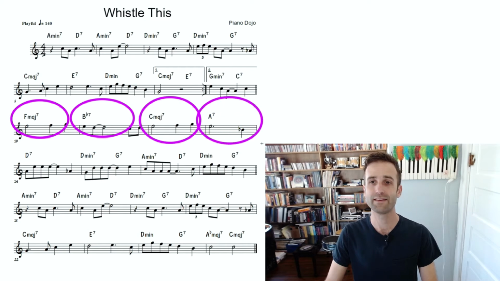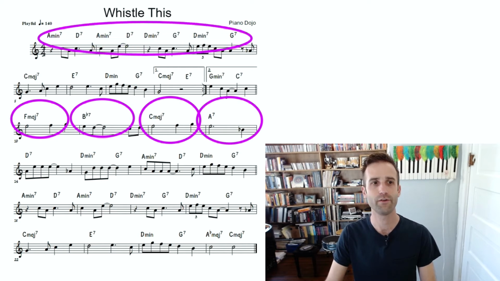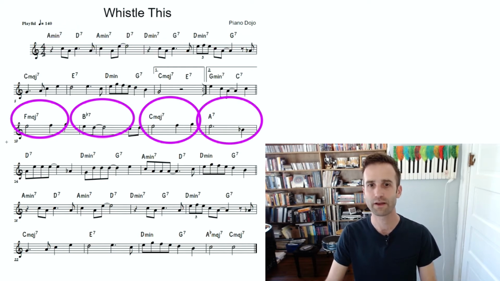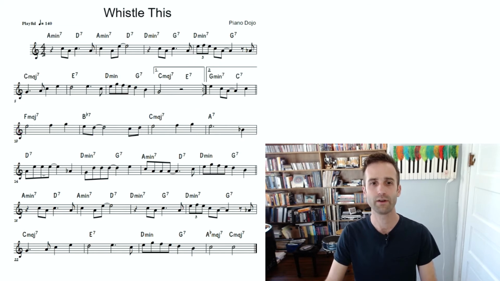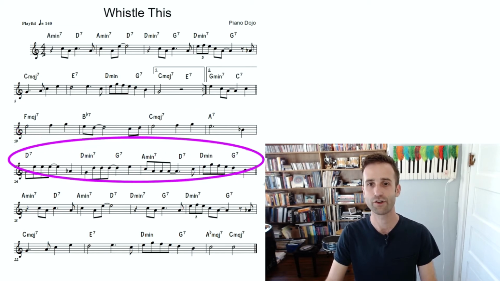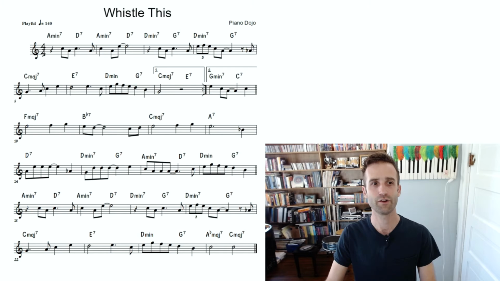The B section is meant to contrast the tune, and instead of this quick pace 2-5, 2-5, 2-5 thing that has been going on, we sort of slowed down what we call the harmonic rhythm in these first 4 measures, although you will see that the harmonic rhythm does pick back up into the normal thing that we have been seeing in order to get us back to our